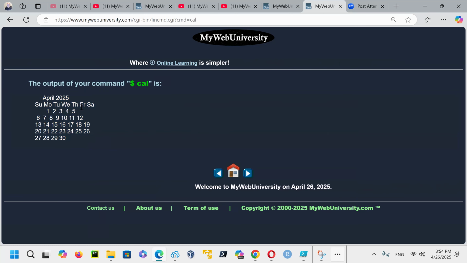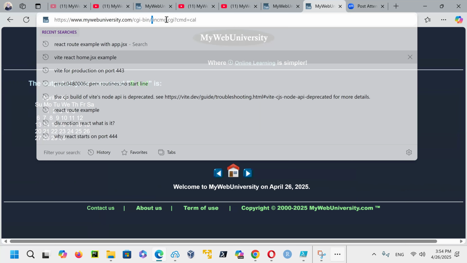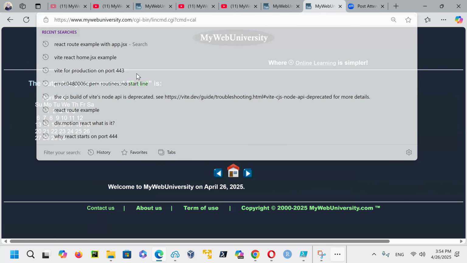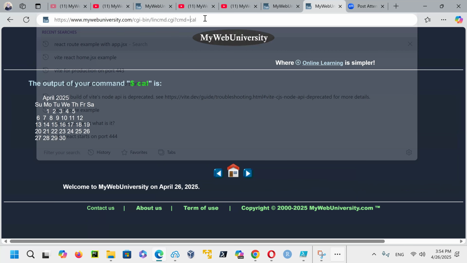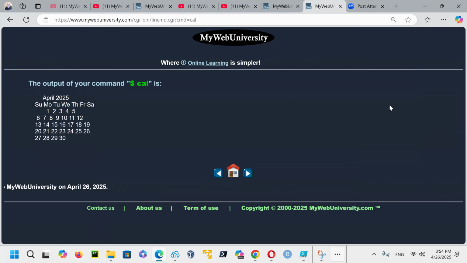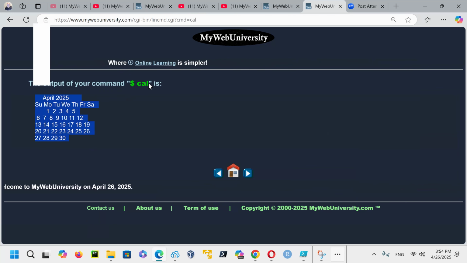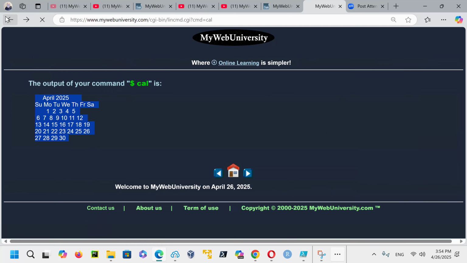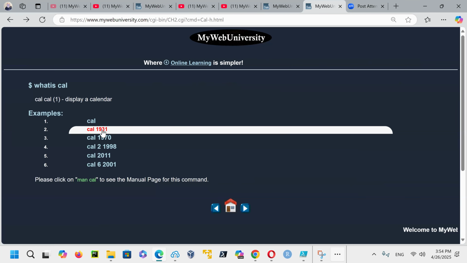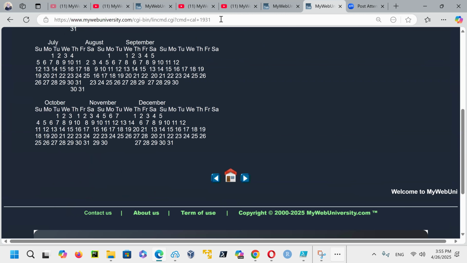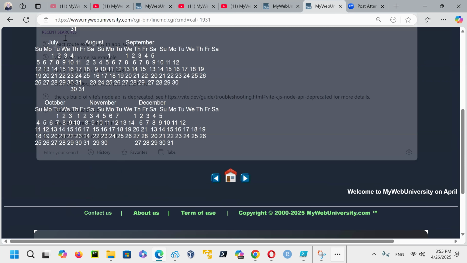The program runs by this program that I wrote in Python that reads this query string that you're passing as the command line cal. Once it does this, it does all the calculation and computation on the server side, then brings the output back to the user that clicked on it. So if you go back here and say, give me calendar of 9031, it gives you the full calendar. And notice the query string updates as you click.